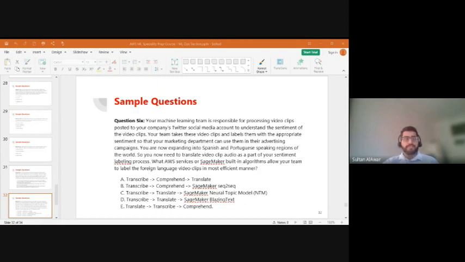I think I missed this line. So you are now expanding into Spanish and Portuguese speaking regions of the world and you need to translate video clips audio as part of your sentiment labeling process. What AWS services or SageMaker built-in algorithms allow your team to label the foreign language video clips in the most efficient manner? Keywords to look into here: processing video clips, so Amazon Transcribe,